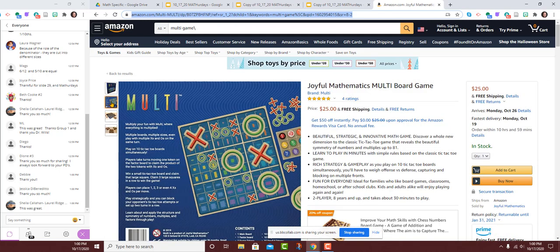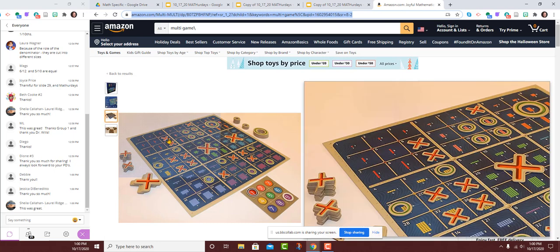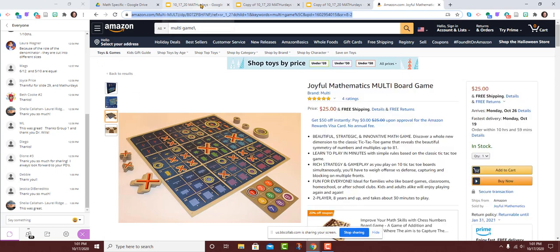Essentially, you try to make tic-tac-toe first on the little boards and then on the big board to win. What you'll notice is on the little boards are all the factors and the products. And so you're trying to move these pieces. Some kids, if they are still new to multiplication, will just focus on the numbers right there. Others will quickly identify the commutative property. So if the number 12 is made and they see that the factors are 3 and 4, they're going to know to look both in the 3 section and the 4 section. And it's super cool for that reason.